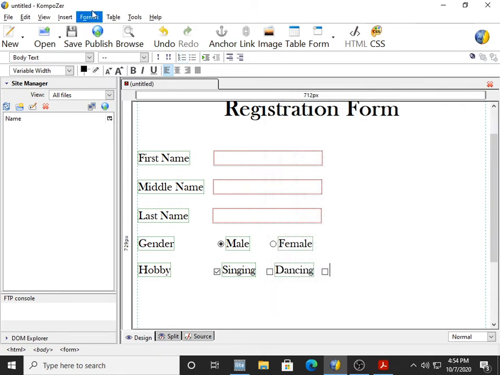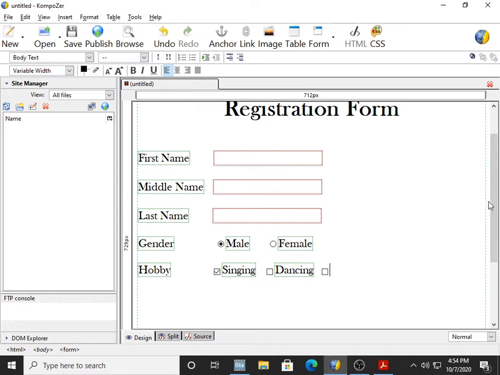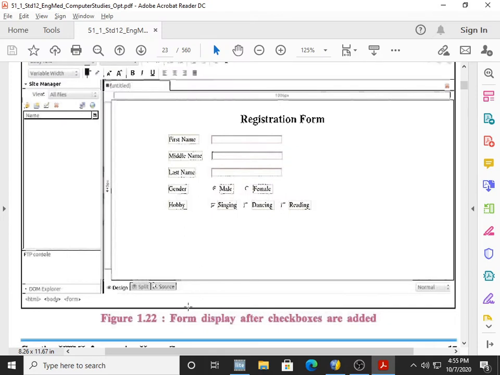Now to create the label, insert form field, label, define label, and then we write here reading. Okay, now I click outside and press enter. So this is how it is available on the page, as in figure 1.22.